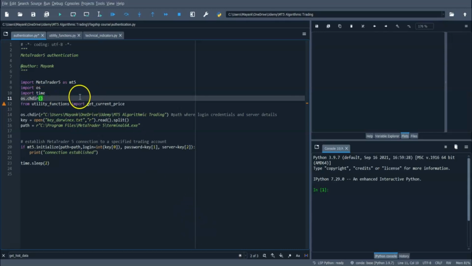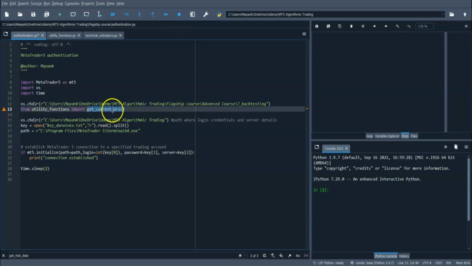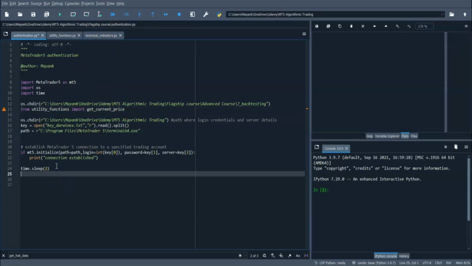All right. So make sure that you give this path. So let me give this path where I have stored these scripts. All right. So that's taken care of. And I'll be importing a lot more functions than just get current price. So this line will change and I'll also have something from technical indicators. All right. We'll have to import MACD. So with that taken care of,